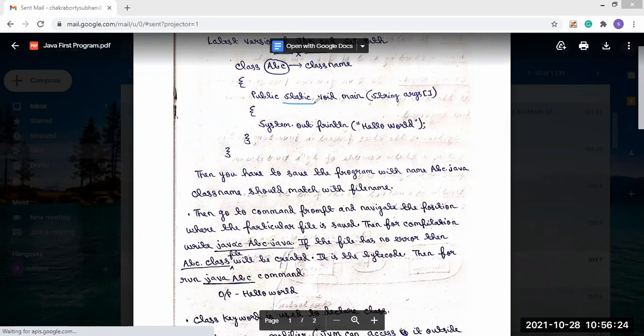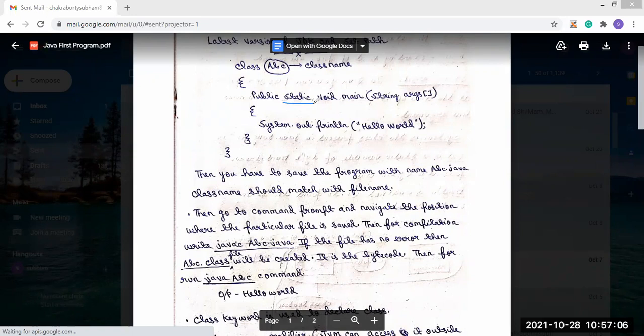Basically, why do we use static? In Java, a class object is created, and through the object we call the method. We have already done that. But if the static keyword is given before a method, that method is not associated with any object. When we want to call it, we don't have to create the class object.